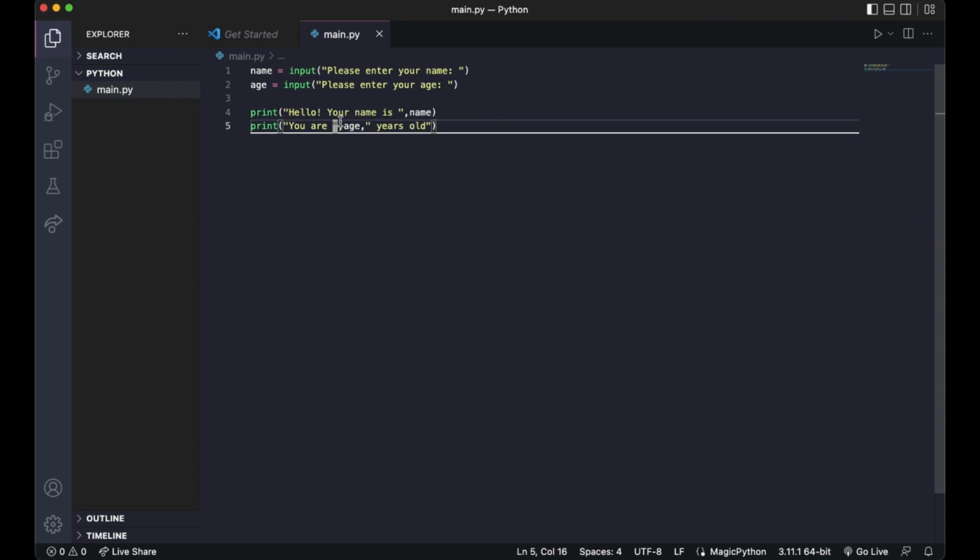Okay, so now there's one more thing you need to note. The input function, by default, will store the input as a string. So in this case we are taking the age also, right? The age is a number, which means that it is an integer value. We should not store it as a string. So, for example,